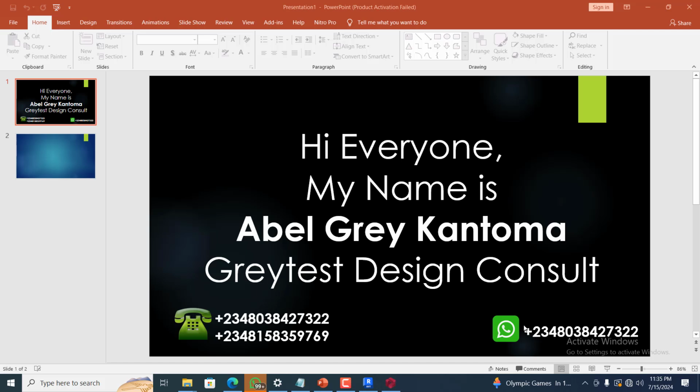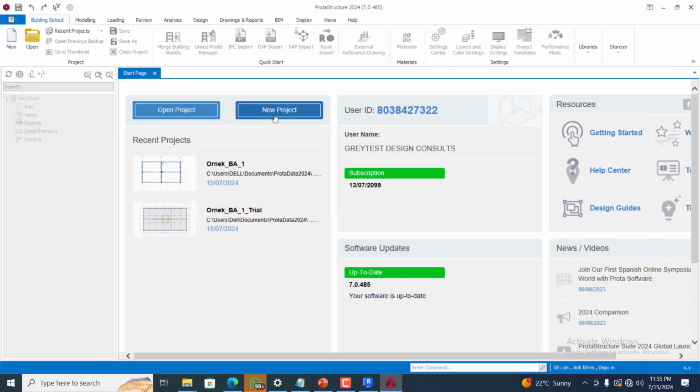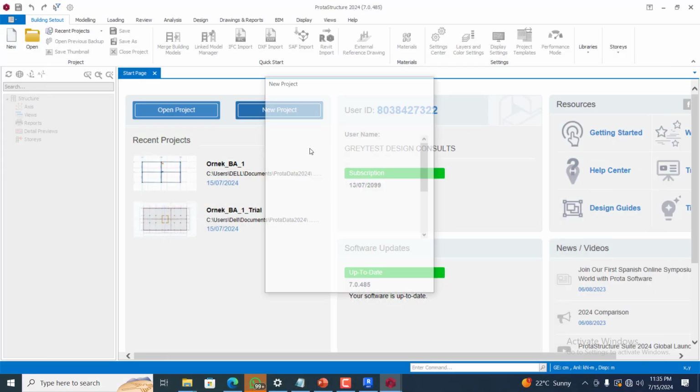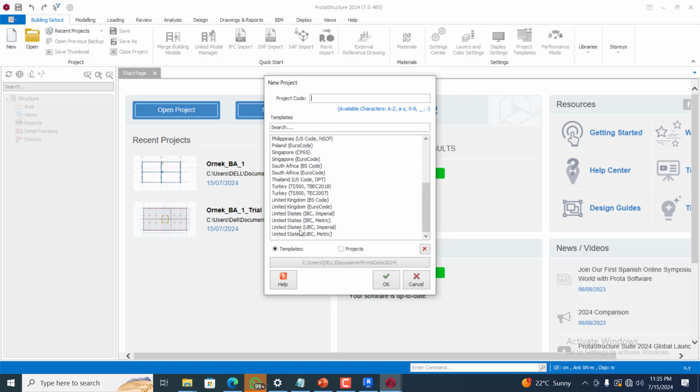Today I'm excited. I'm going to be showing you ProtaStructure 2024. Now I want us to go through this software together. All I need to do now is to click on New Project. I will select my template, UKBS code, and I will type in the project name. Let's say propose